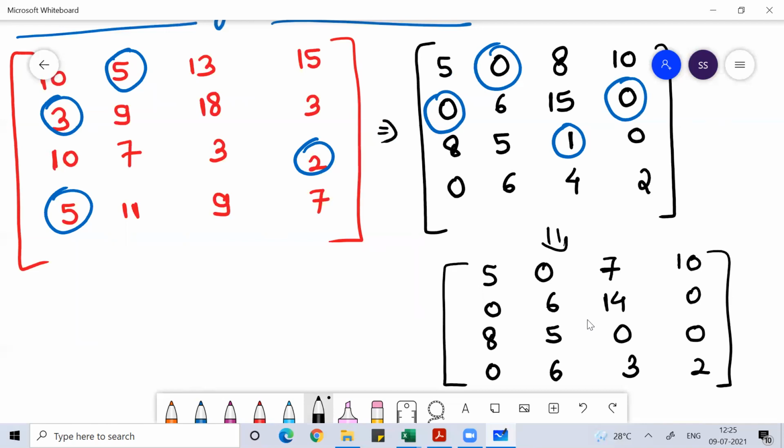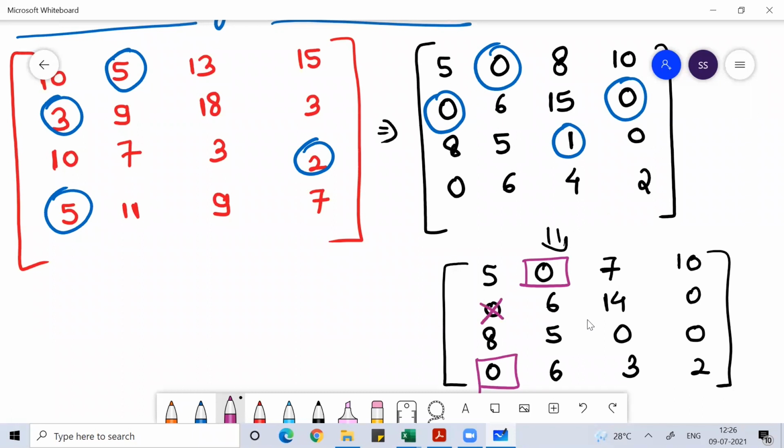Now once this part is done, you did row wise, you did column wise. Now we'll do allocation of 0. The allocation of 0 actually talks about the allocation of work. First row wise and then column wise, see the row which has only one 0. We'll give preference to that row for the allocation. So this one is allocated. Second row has two 0s, don't touch. Third row has two 0s, don't touch it. Fourth row has one 0, do allocation.